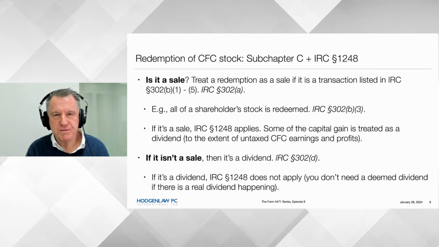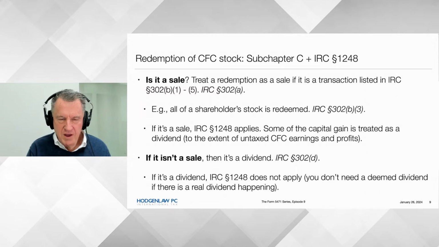If your transaction fits into one of those 5 things, the redemption is treated as a sale of stock back to the corporation, and you treat it accordingly. If your transaction does not fit in one of those 5, then it's treated as a dividend to the shareholder, and you tax it accordingly.